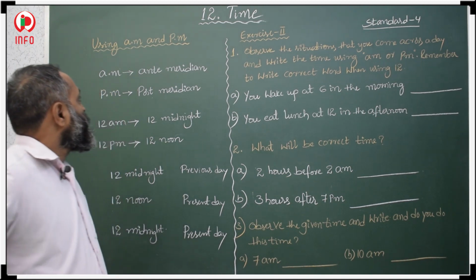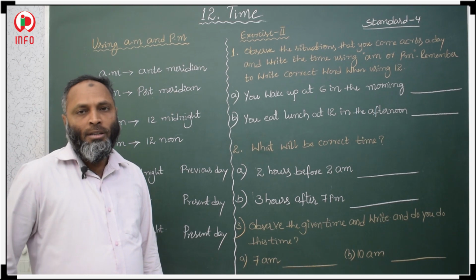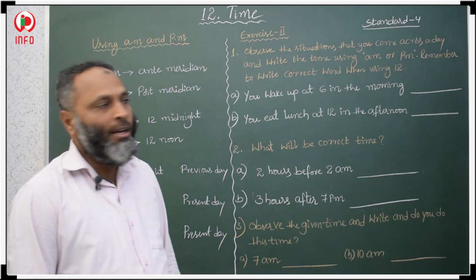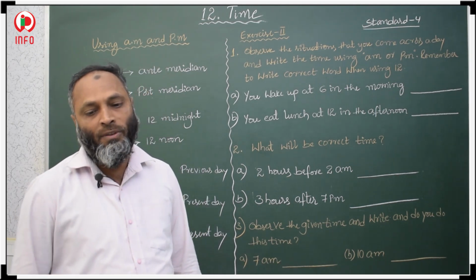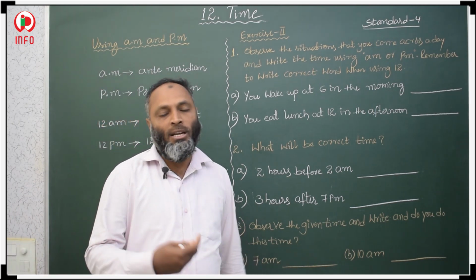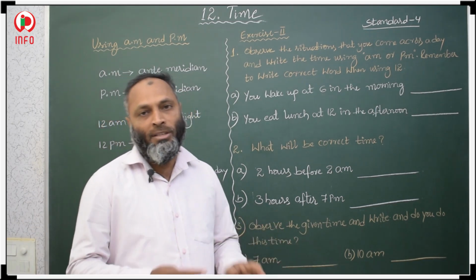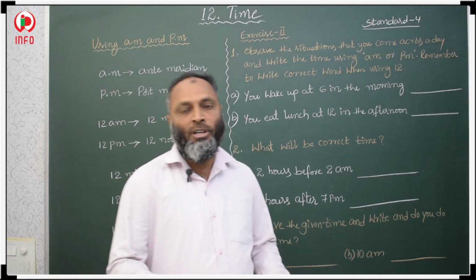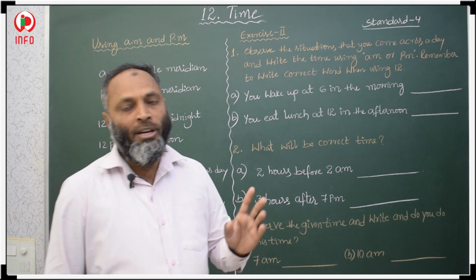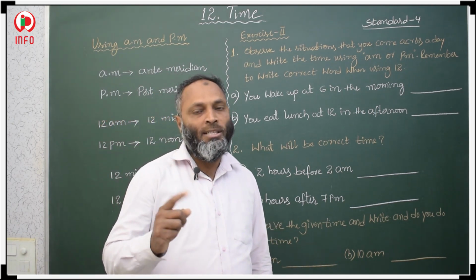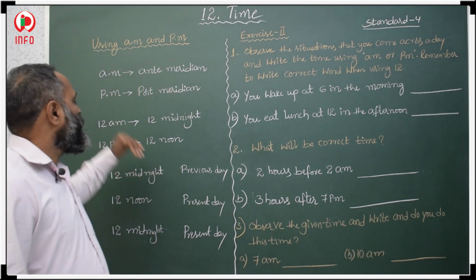So now students, next we are going to discuss AM and PM. What is AM and what is PM? In a clock, if we complete one circle, that means 12 hours are completed. If we complete one more circle, again 12 hours are completed. It means in one day we have 12 plus 12, 24 hours. So 24 hours make one day. How many hours are there? 24 hours.